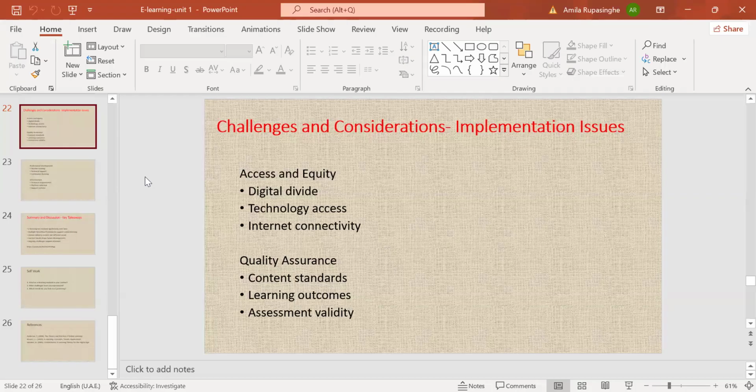It's a challenge in e-learning, right? We faced that in the COVID period. Although we wanted to continue education, we couldn't do it because lots of children couldn't access. Even teachers didn't have access due to the reasons I said, right? When we talk about access and equity, we use a key term: digital divide. Very important keyword, right? Digital divide means we are divided digitally. We divide people for different reasons, no?